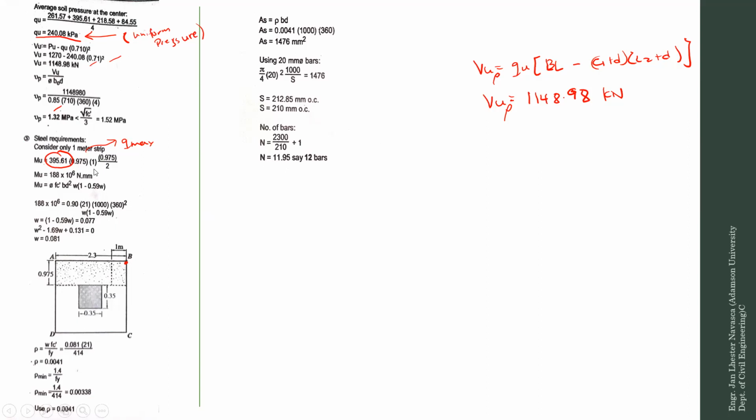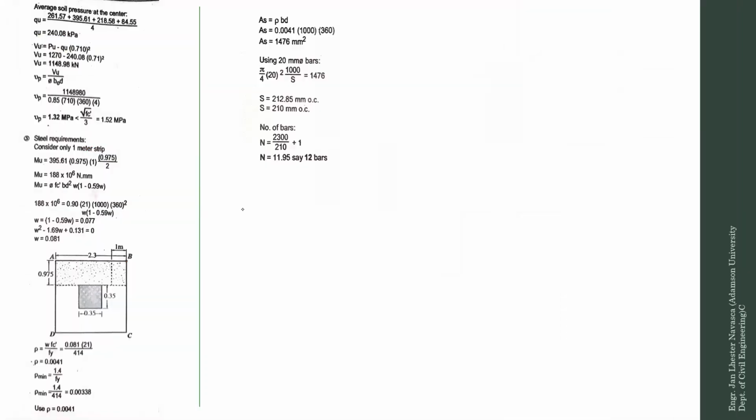sa bending. Okay. So therefore, you have your Q max, which is 188 times 10 raised to 6, and equate it to phi f prime c b d squared omega and 1 minus 0.59 omega. This is the same dun sa binigay kong problem, binigay kong formula sa inyo, since the omega, okay, omega is equals to,